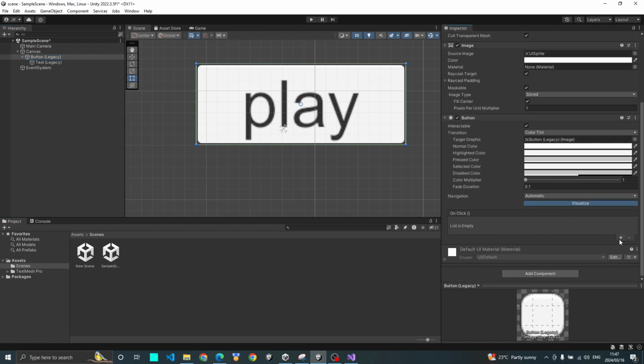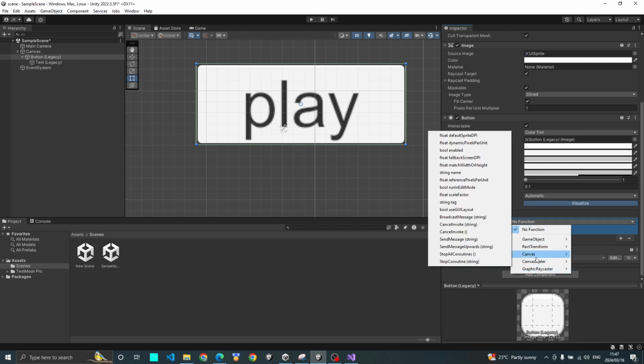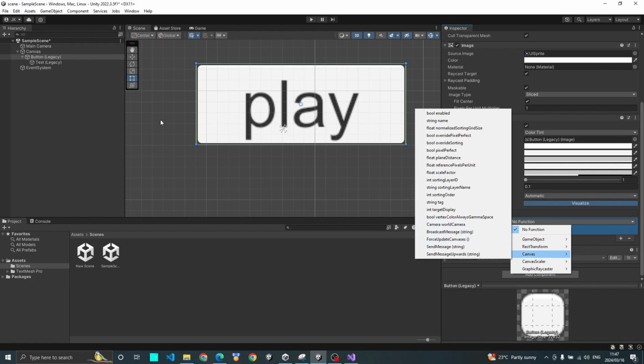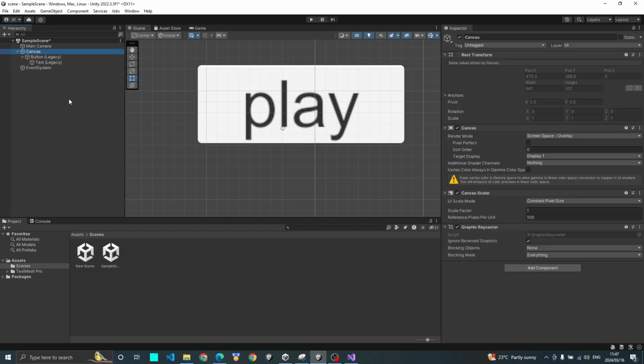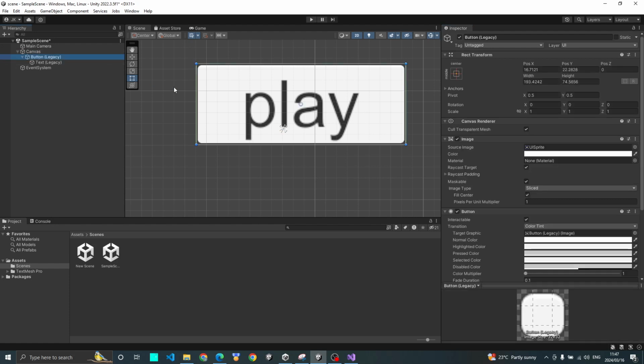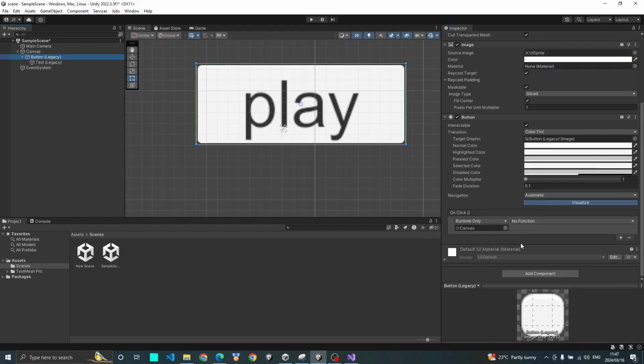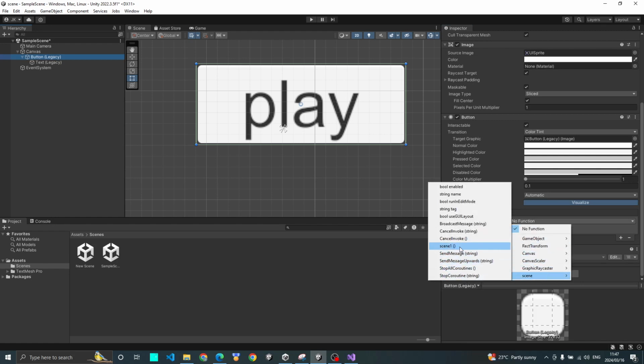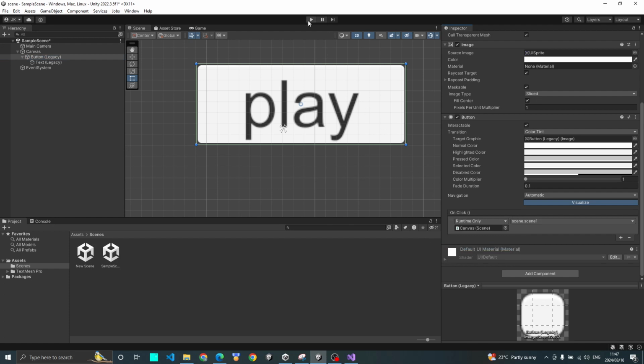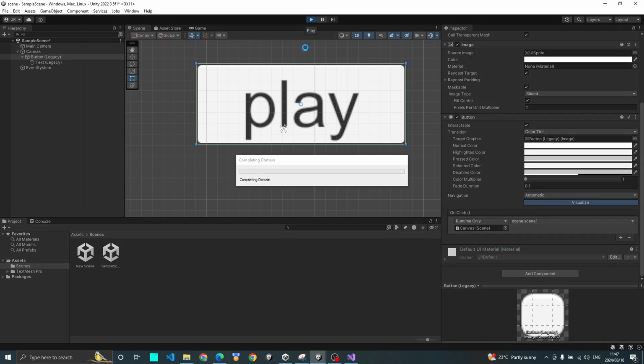and then when we add the canvas on here and then go to functions, wait, I'm sorry, I didn't add the scene thing. So add scene, then go to the button, on click again, I'm sorry, and then scene. So, and then you can press scene 1, and then if we press start,